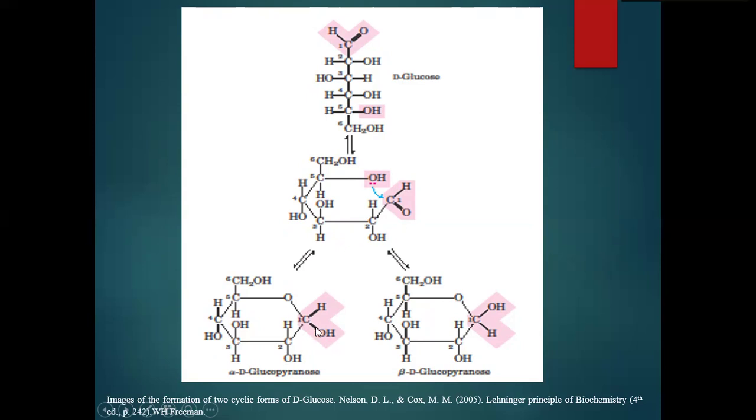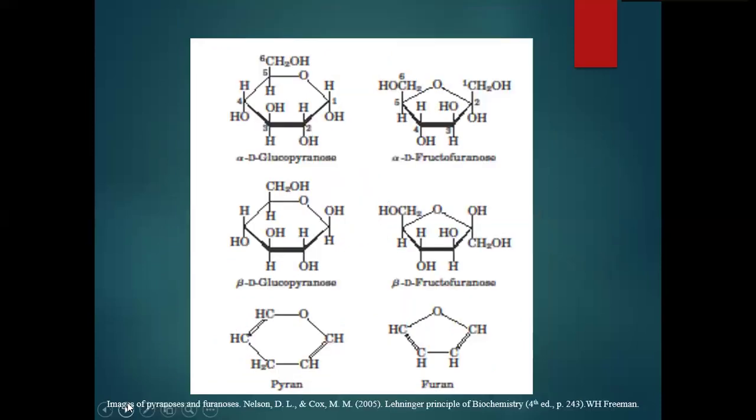The position of the hydroxy group here will determine whether it is alpha-D-glucose or beta-D-glucose. Here, the hydroxy group is below the plane, and here the hydroxy group is above the plane. So this is alpha-D-glucopyranose, and this is alpha-D-